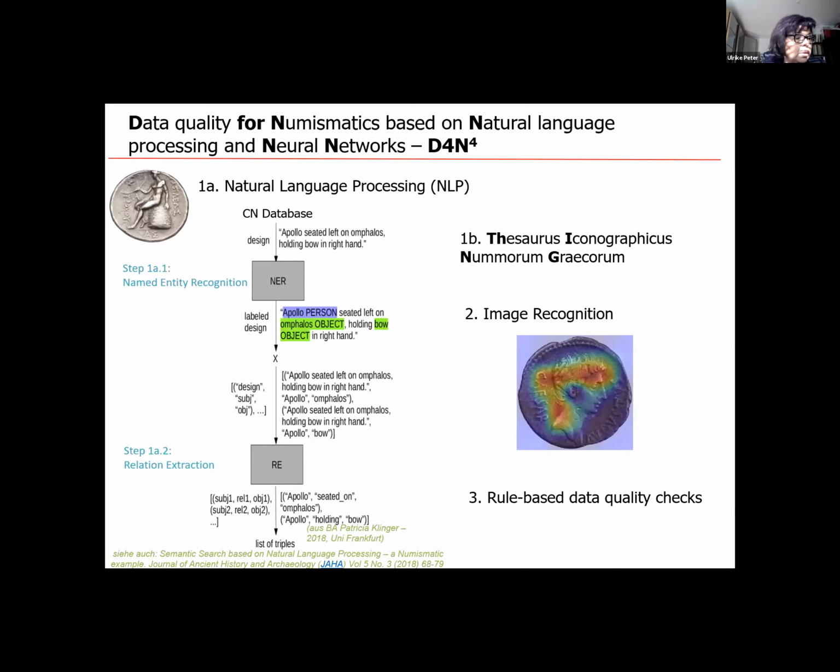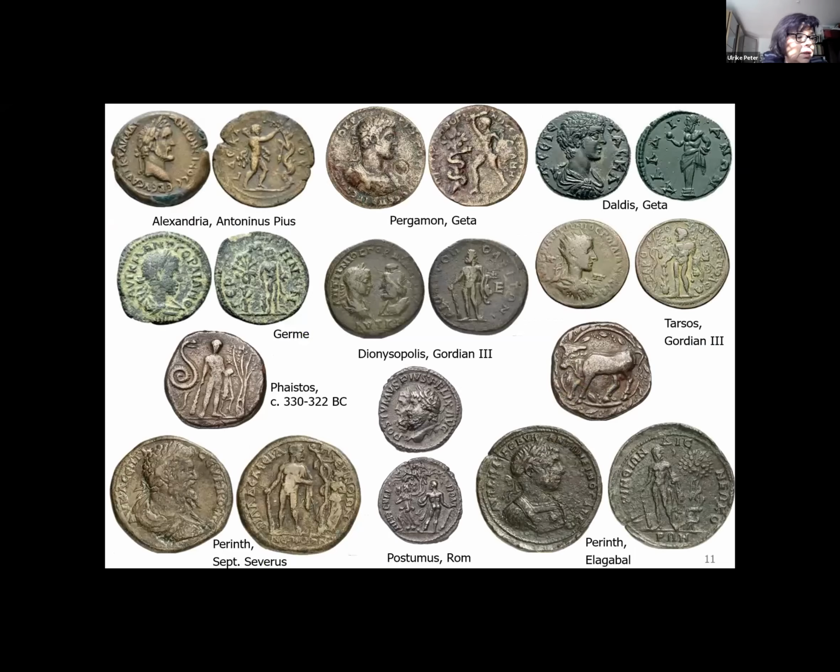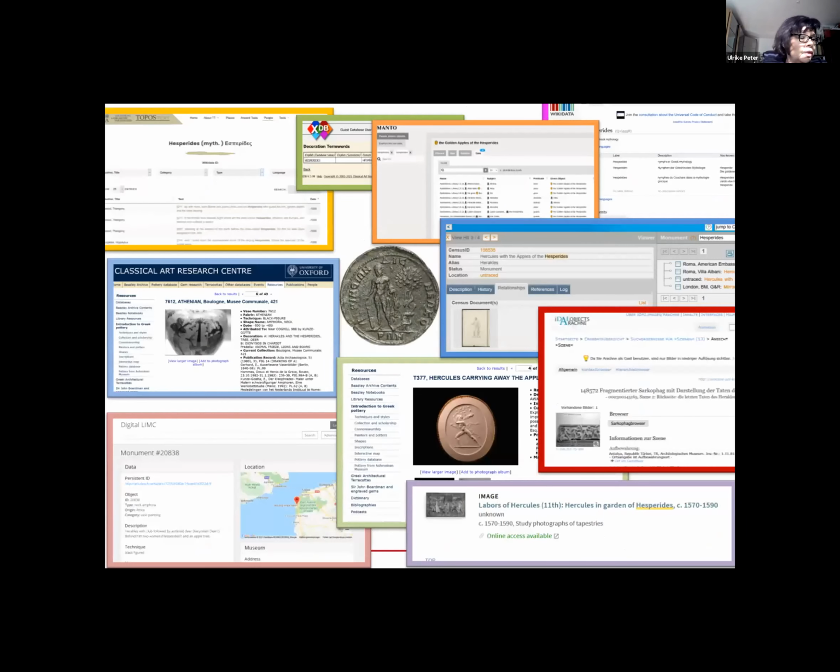Taking as an example the 11th labor of Heracles, stealing the golden apples of the Hesperides, one will encounter striking differences in accuracy and detail with which this theme was taken up in different mints at different times. The coin iconography, as we have seen, should also be linked to the same subject in other categories of visual